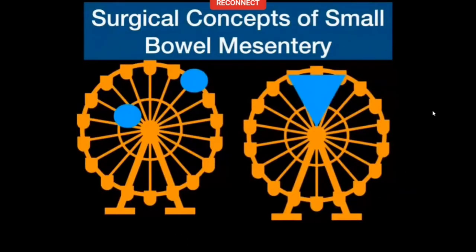Another surgical concept for you for the small bowel mesentery. Both of these are similarly sized lesions. As I said, if this is the SMA and it is giving out branches, and this is the mesentery and this is the small bowel at the margin of the mesentery. If the lesion is located peripherally near the small bowel lumen, then you only have to remove this much of the small bowel and the lesion will come out.